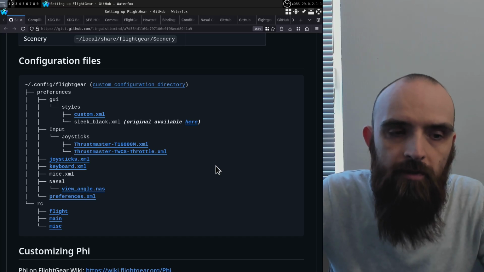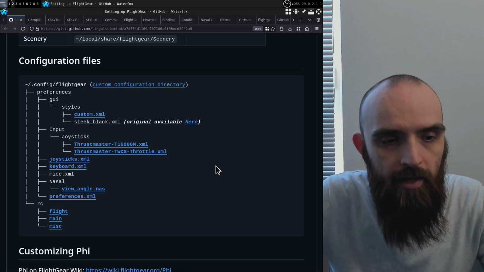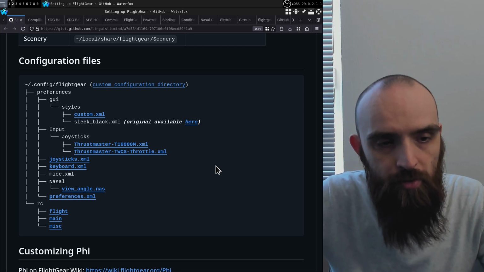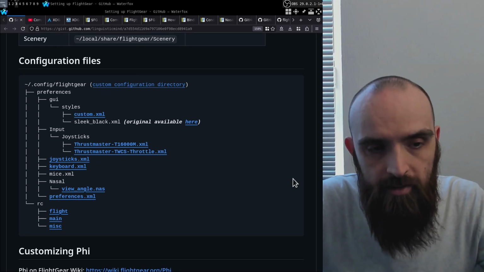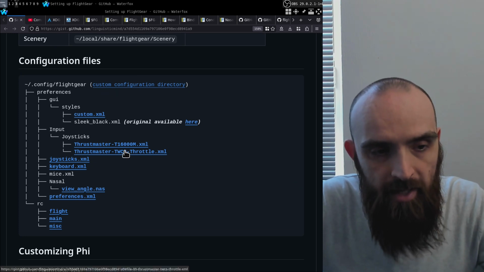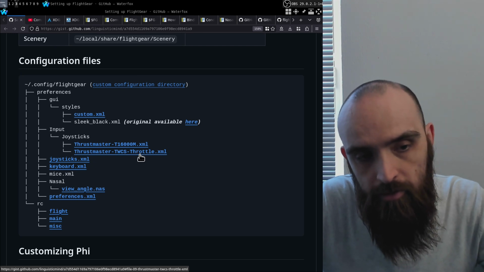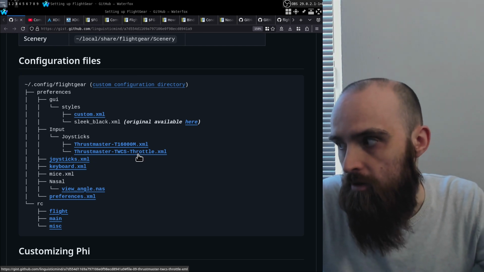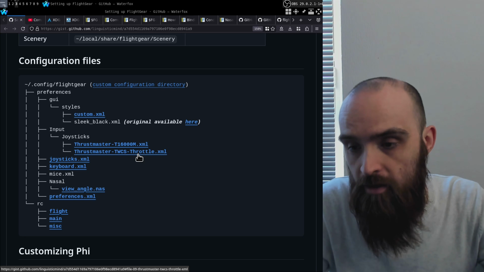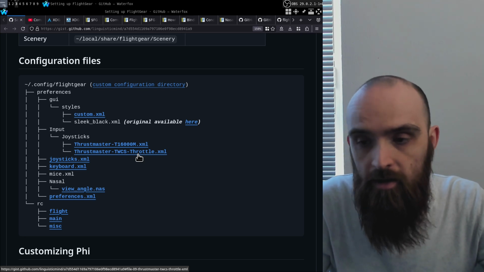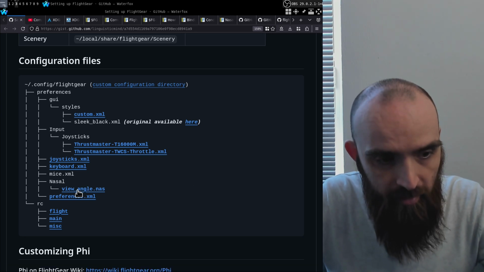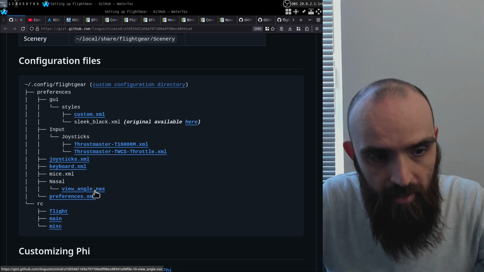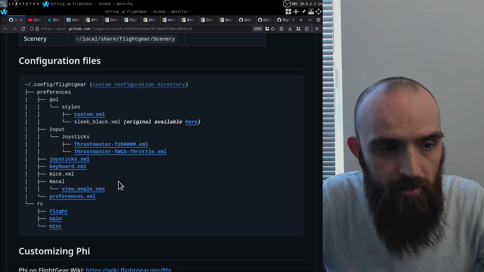In this part of the video, we're going to take a look at creating keyboard bindings and joystick bindings in FlightGear. I will also be talking about the custom script that I wrote for my Thrustmaster TWCS Throttle controller that allows you to look around in the cockpit and to pin the view to a certain point, etc. But I will be talking about that script towards the end of this section of the video. The script file is over here in view-angle.nas, that's the script,